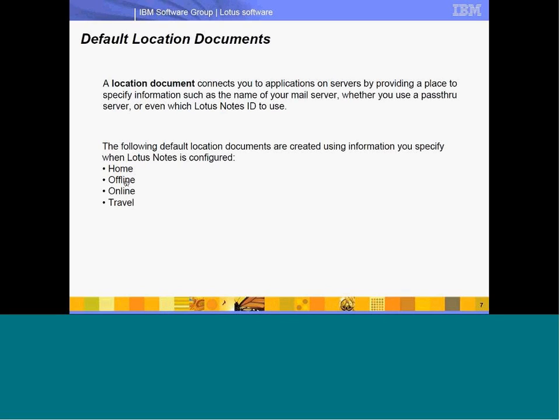First, we'll see what location documents there are. The offline document: when you have the offline document, it will silently work with your local replica copy and never connect with the server. But if you're connecting from home through a broadband connection or dial-up connection,